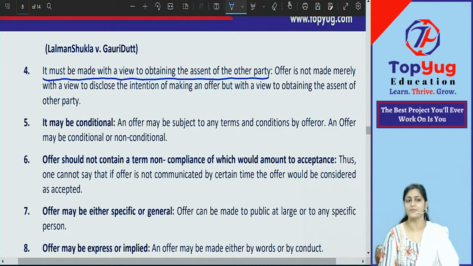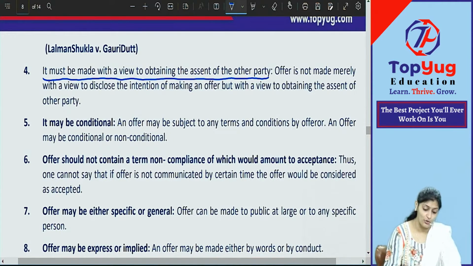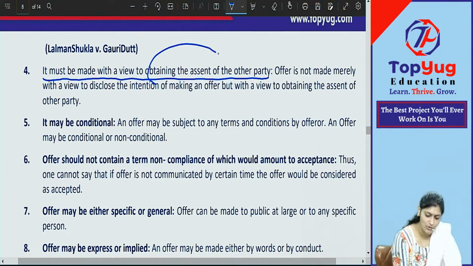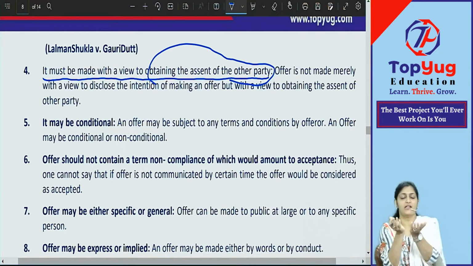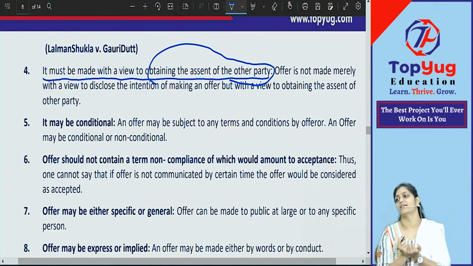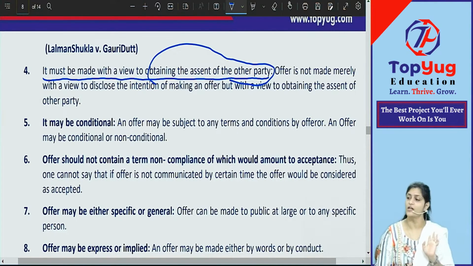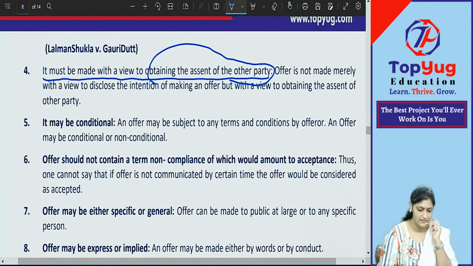I will never say that please you say no to me. Will I think, why am I giving an offer just for fun? Just for time pass? Then is it a valid offer? No. Law is saying that if you're doing that, then you're doing just time pass. You don't want to enter into any contract. If you don't want this yes from the other party, then your offer is not a valid offer for a contract. If you want to make an offer, then your offer should be such that you want the yes from the other party. Then only it is a valid offer for the contract. Clear with this? Okay, next.